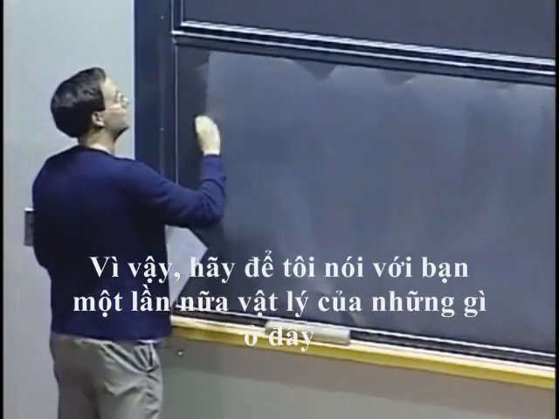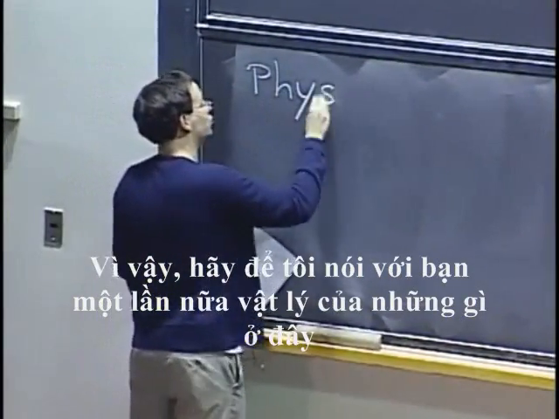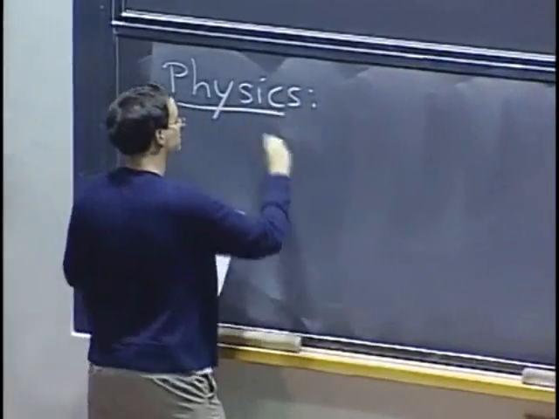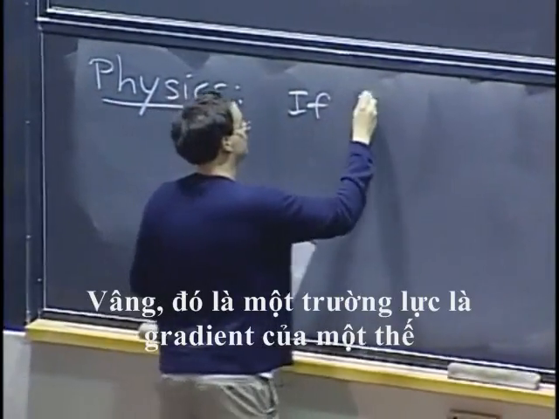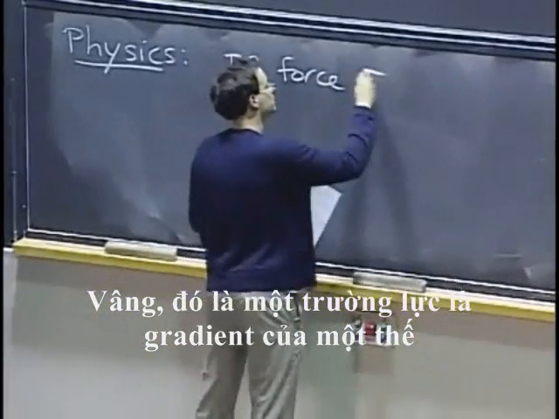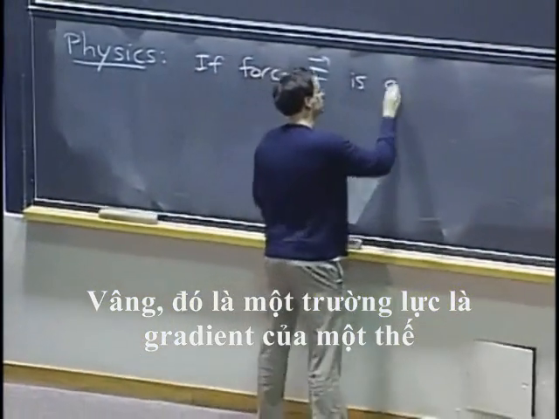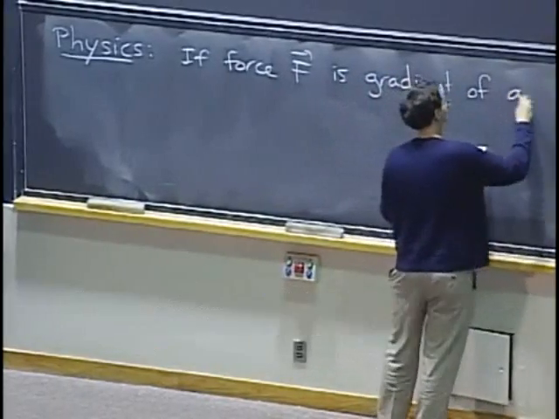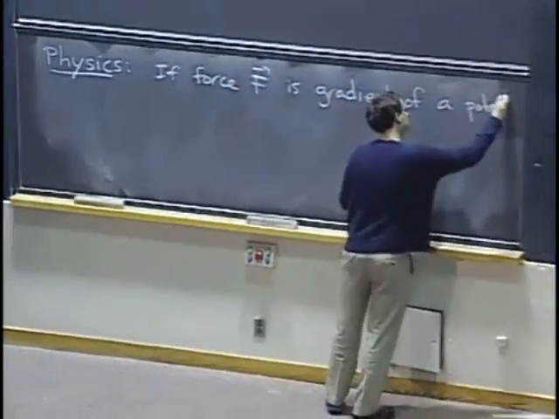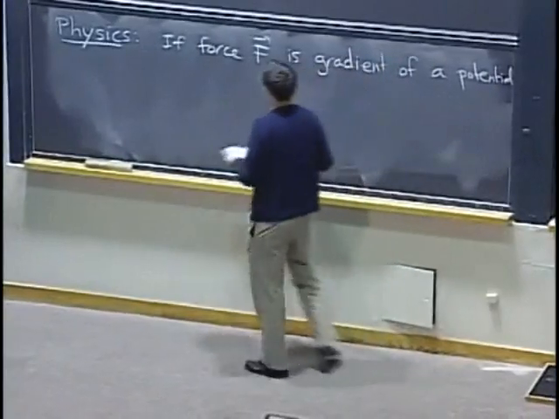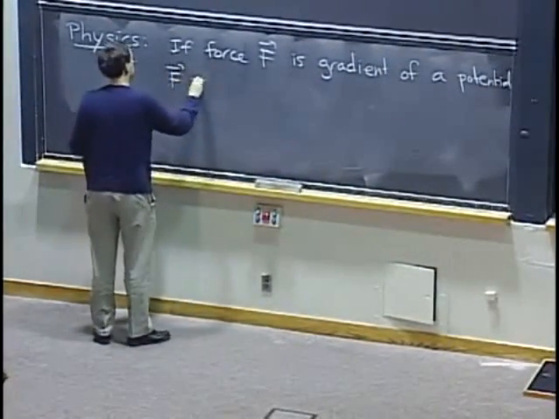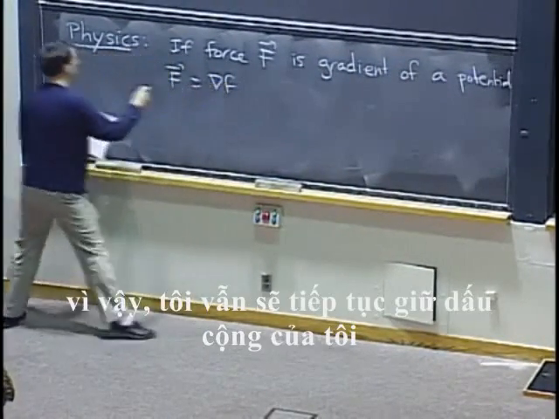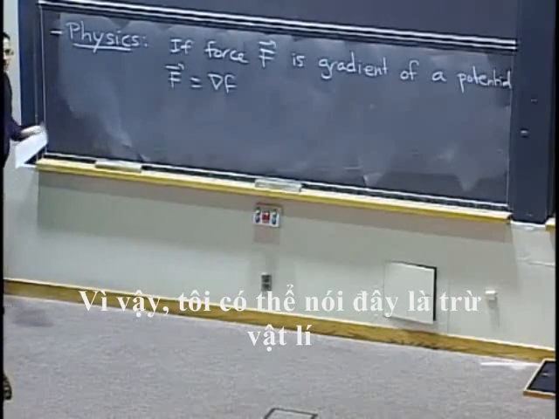Let me just tell you again what's the physics in here. So if a force field is the gradient of a potential, so I'll still keep my plus sign. So maybe I should say this is minus physics. But